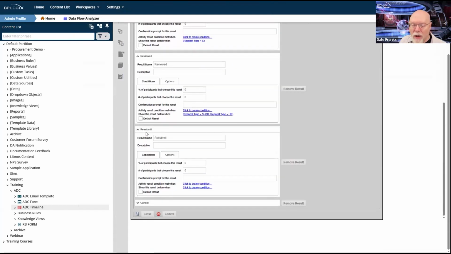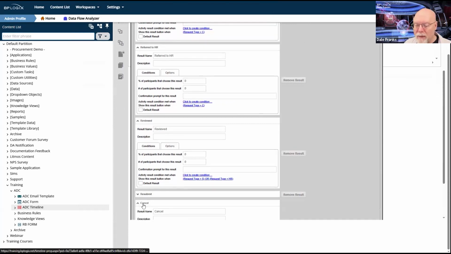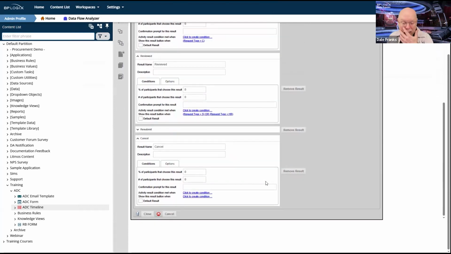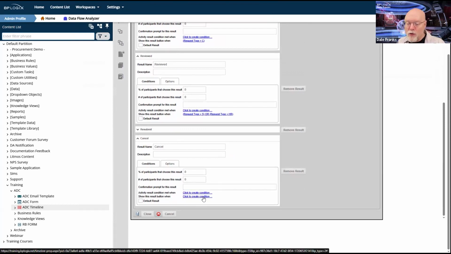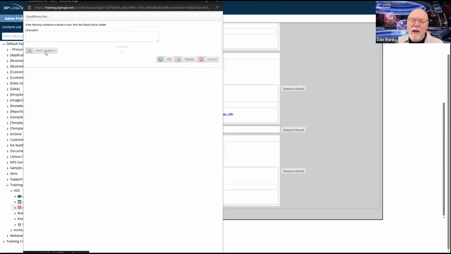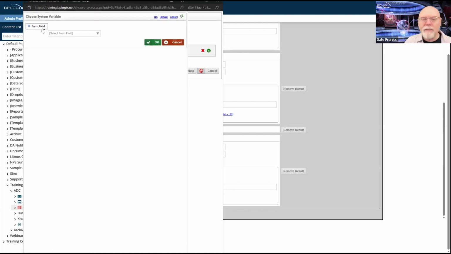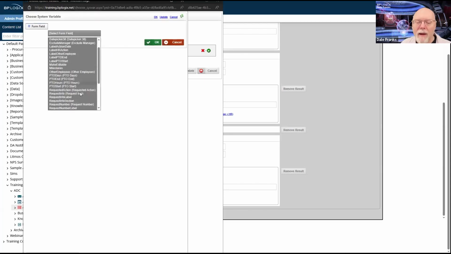Resubmit, don't want to mess with. We'll see the resubmit all the time. Cancel, again, we'll keep this all the time, although I think normally I would only show this result button for a PTO request. And otherwise, we'd cancel it. You know what? Let's just set the condition. Let's just build it the way it's supposed to be built. And we'll have the inconvenience of having to cancel it at the HR level, except HR is not going to get the ability to cancel anything, as we'll see.